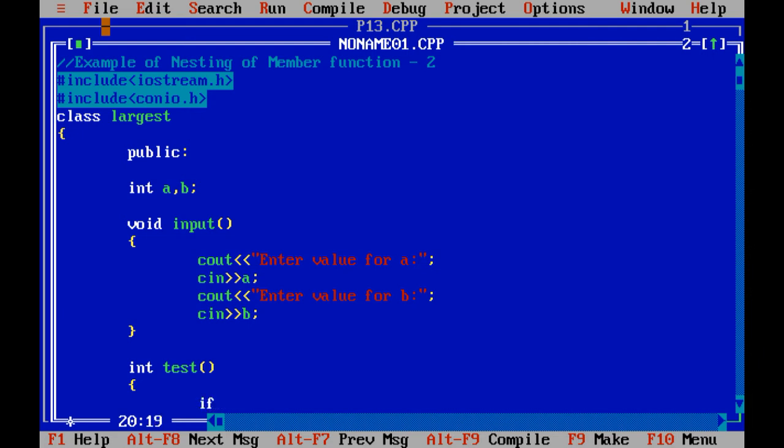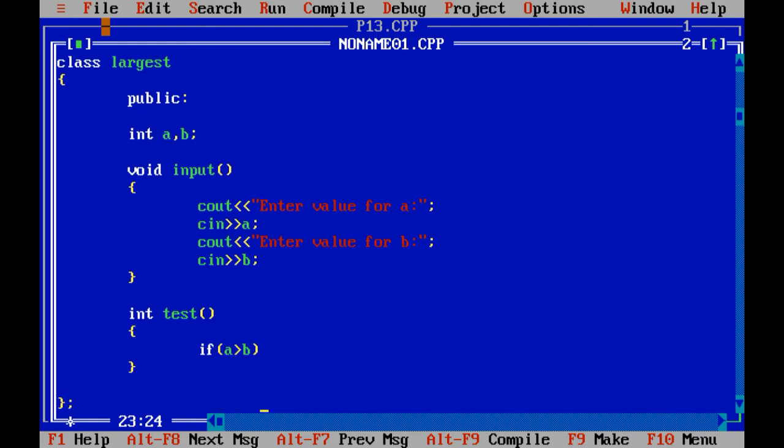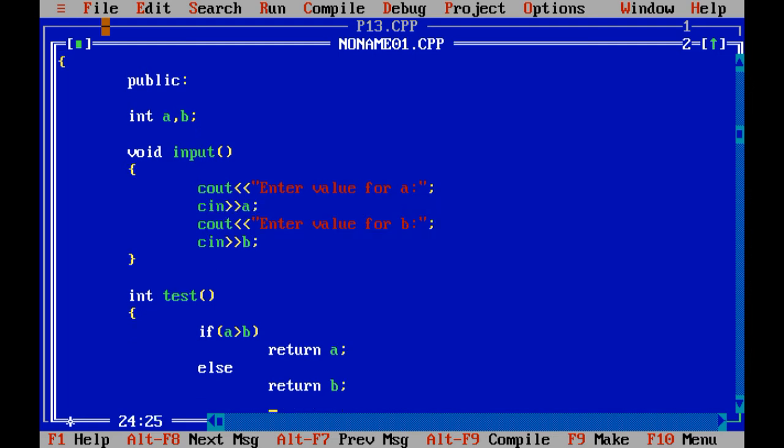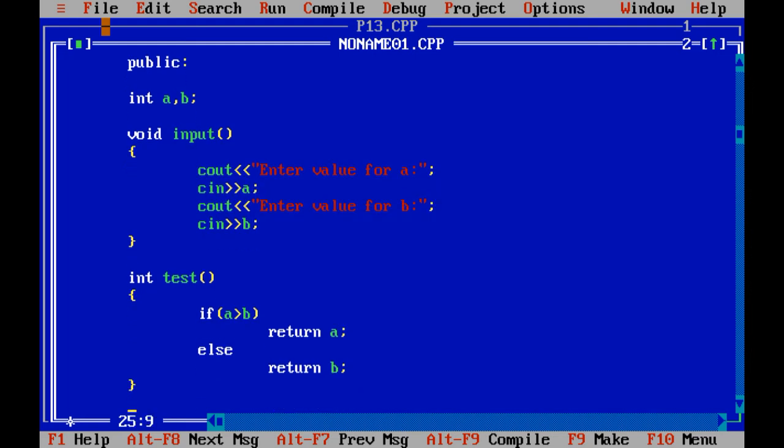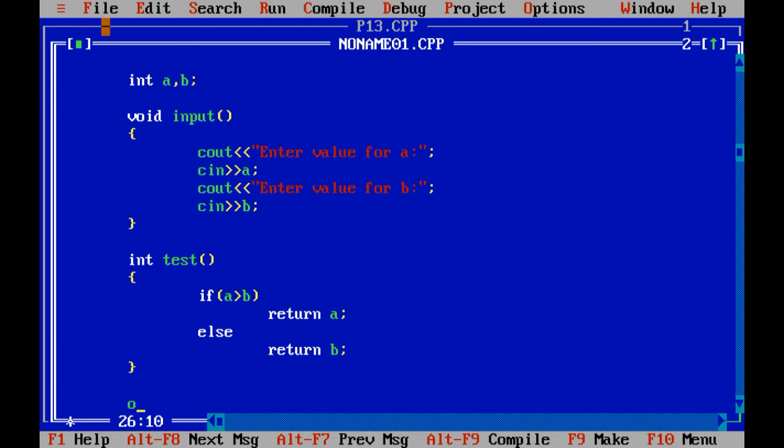Test will test which value would be the greatest or largest. So I am going to put an if condition over here. What is the code to find the largest value? If a greater than b, in such case return a, else return b. I will explain the code later on. Right now I am just going to develop the module, and void output.